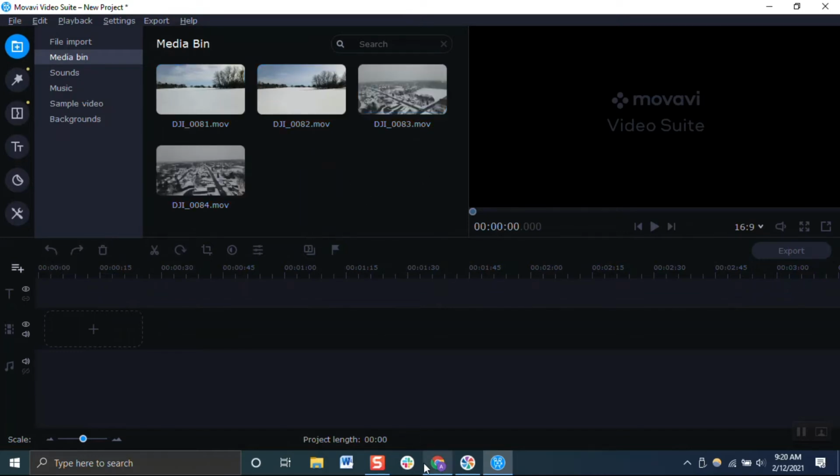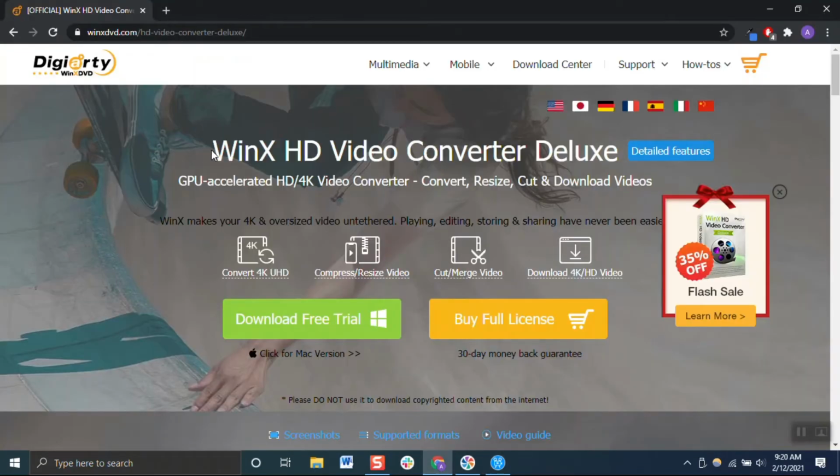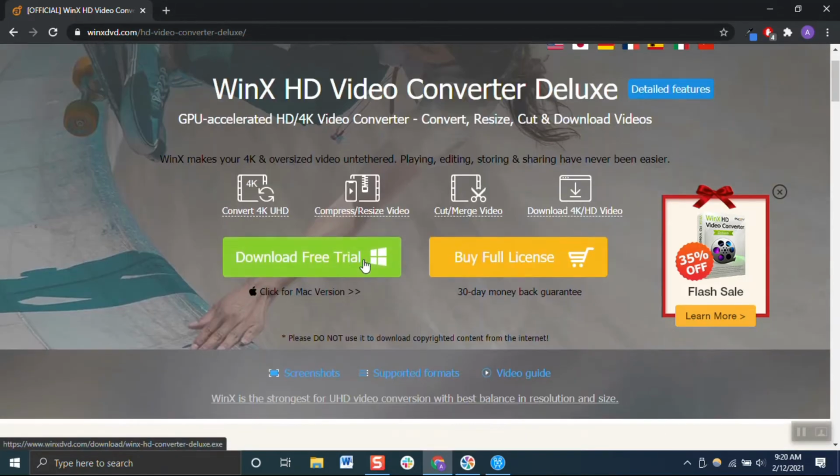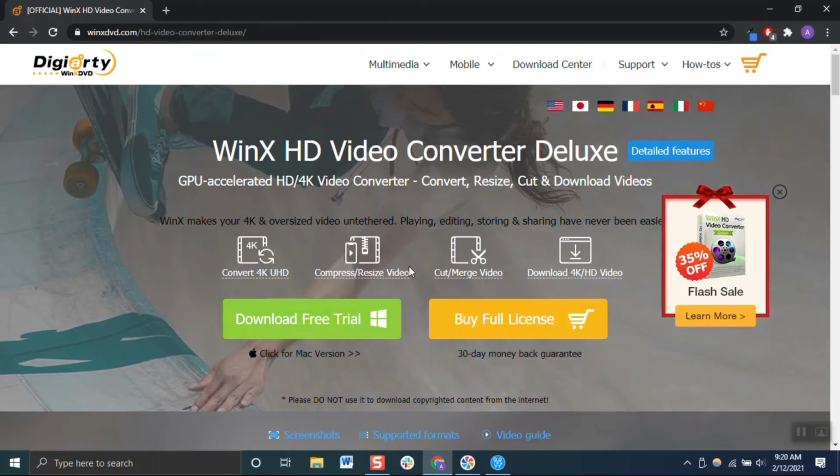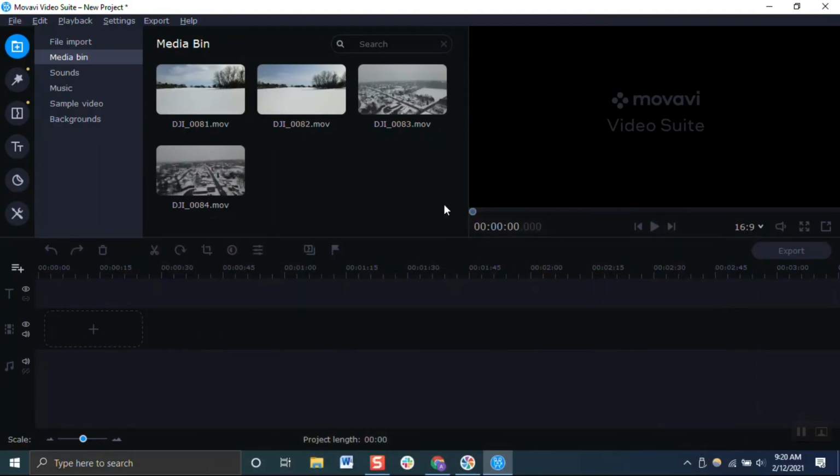This is really simple and really easy. First, get a video converter. This is the one that I use, WinX HD Video Converter Deluxe. You don't have to buy it. You can just click the download free trial, or you can use an online video converter. I'm not going to vouch for anything else or anything online. There's no really online preferred ones that I have. But all you have to do is download this, go to WinX, import all your files, and select the .mov convert. So it'll convert the MP4s to a .mov, and then you should be able to import your .mov video